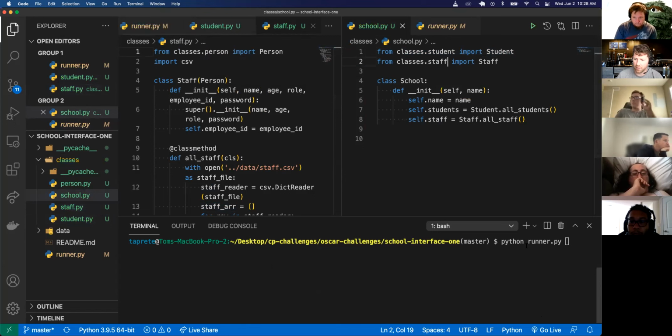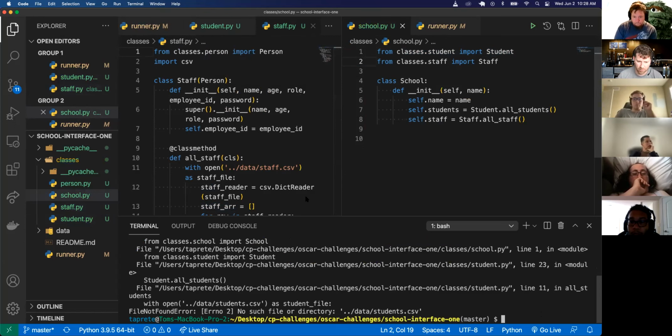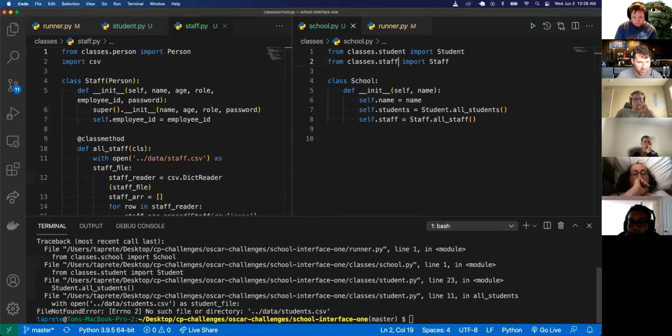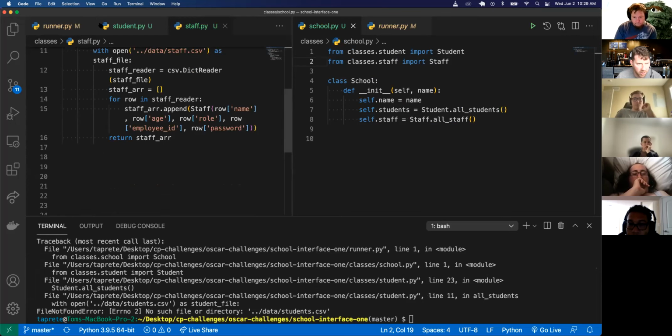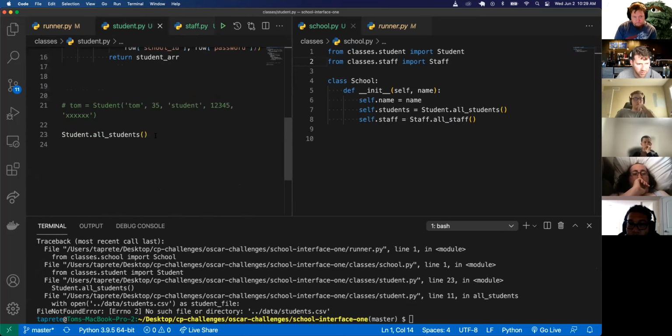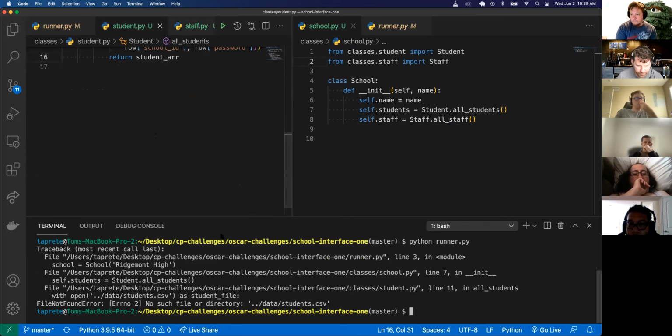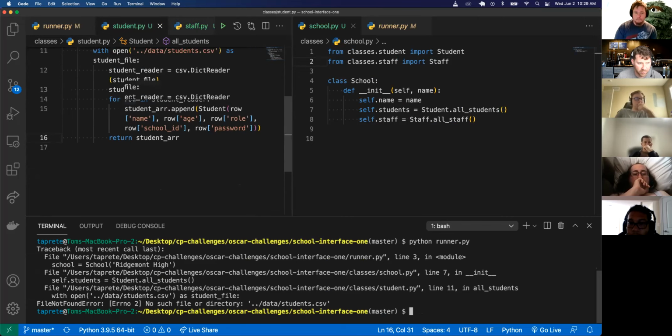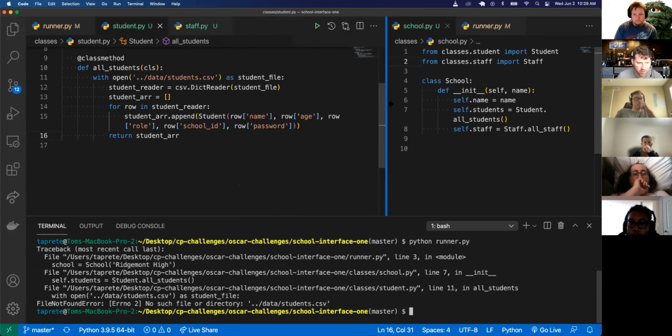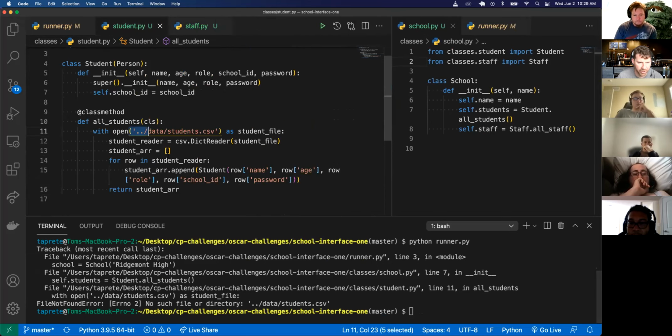And let's see, run that. Uh-oh, no such file or directory. Where am I at? Runner line 1, school line 1, student line 23. What is this, student? All right, let's get rid of that because I don't need this anymore. Maybe there's some error right there. Uh-oh. Here we go, student line 11. All right, right here. So no file or directory